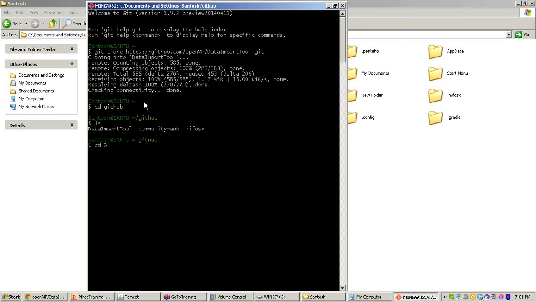Just go into the folder which you have downloaded, cd data import tool, and here you need to run one command, that is gradle clean tomcatRunWar. It may take around 4 to 5 minutes depending on your machine.